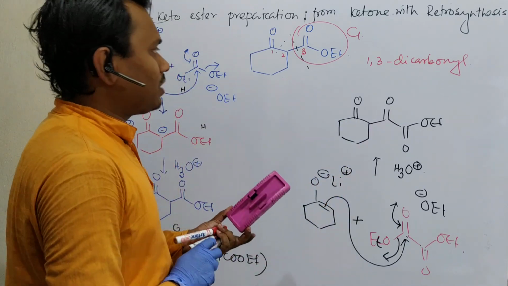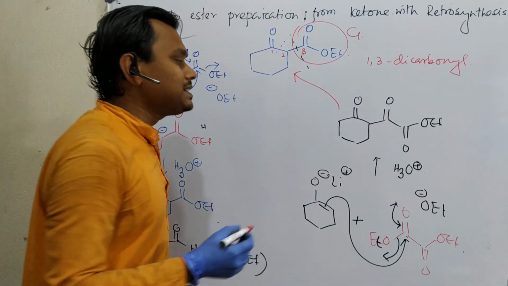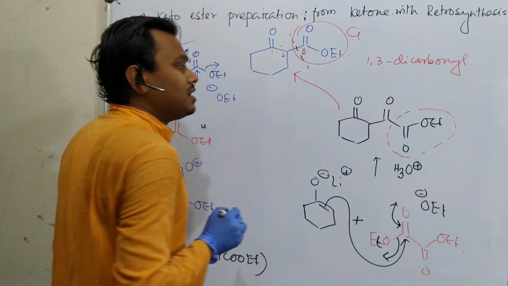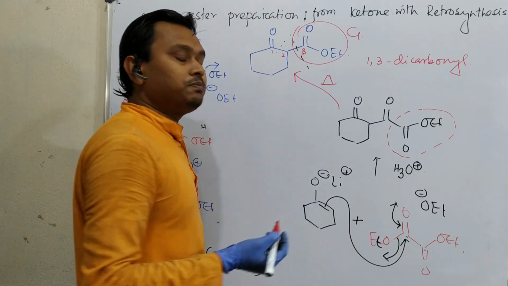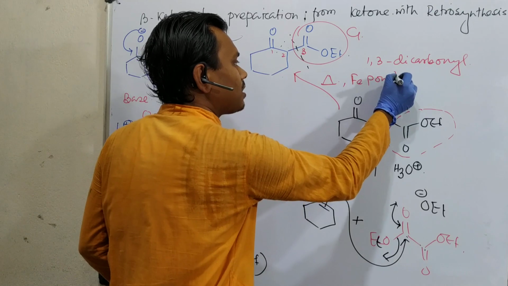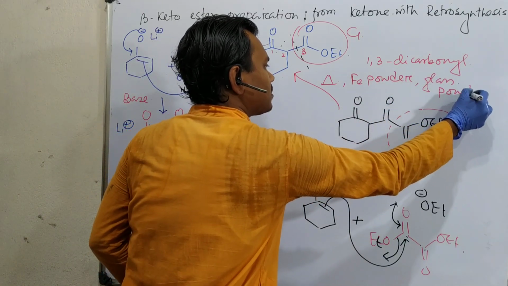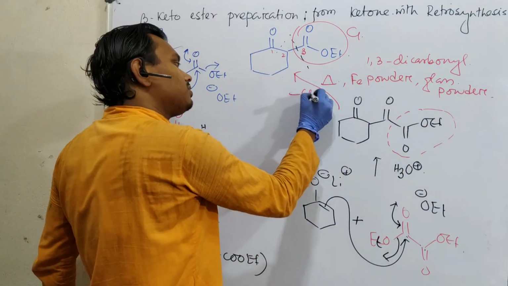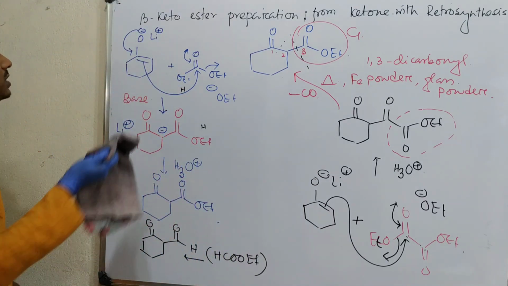So this we understand. Now question, how could this be converted into this? So what is actually a problem in our case? This. Okay. So how could this be done? If you heat this in the presence of a reagent like iron powder or glass powder, it will be converted into this. Now this means elimination of carbon monoxide. Now question, if I am saying this statement, how does this reaction happen?